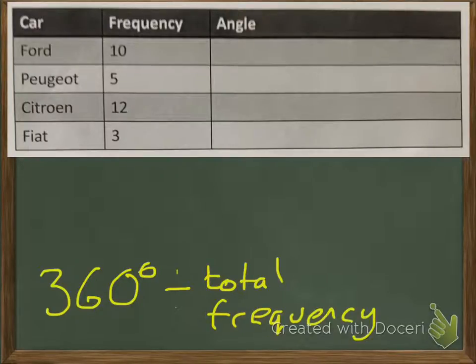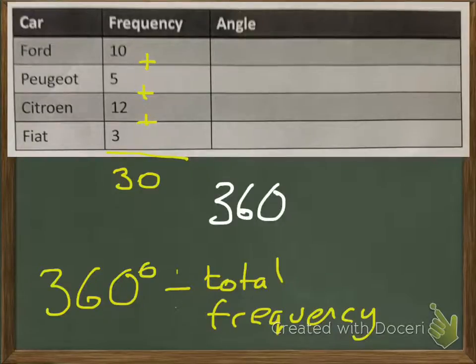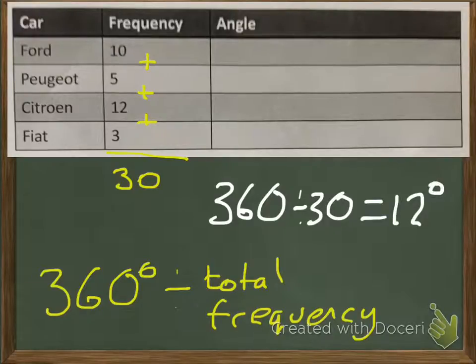The way we're going to find out is just by adding up everything in the frequency column. So we've got 10 plus 5 plus 12 plus 3, which comes to 30 in total. So our sum is going to be 360 divided by 30. 360 divided by 30 is 12. So that means that every single car driver in the survey is allotted 12 degrees,